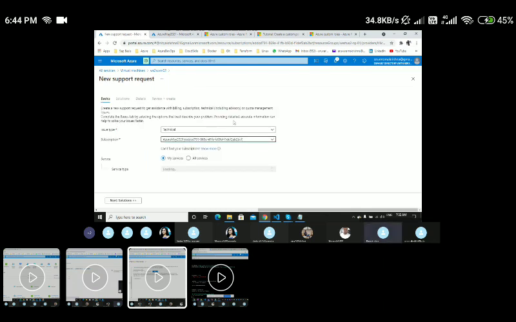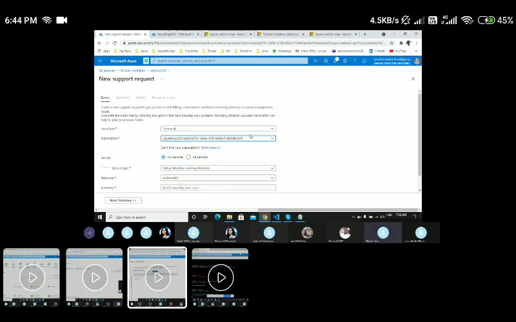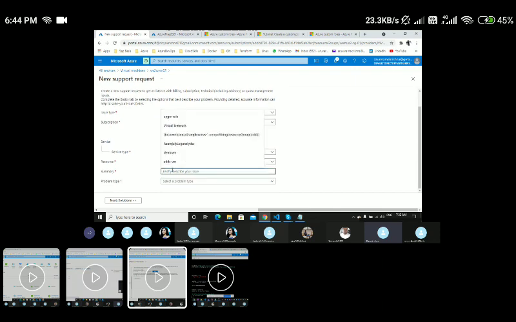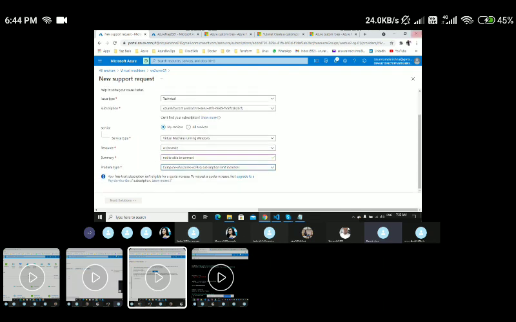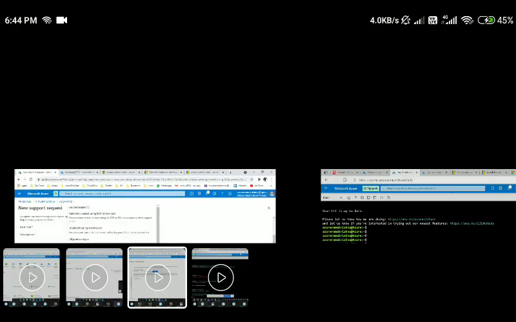When you go with create a support request, they will ask you some basic details about this particular resource. They will ask you to create some description. I'll say, not able to connect. That means after creating the VM, I'm not able to connect to the VM. And you can see the problem type also here. They will give certain solutions before you go ahead and create the support request. Here you could see your free trial subscription is not eligible for the quota increase. Let's see. Yeah, I'll keep the cannot connect to the VM.